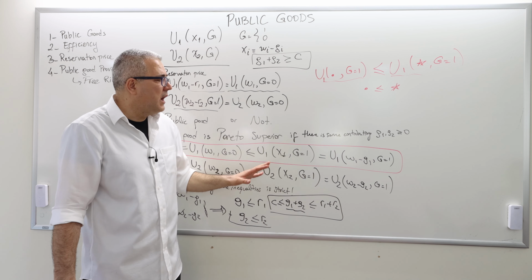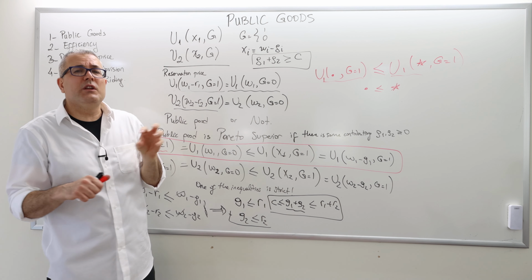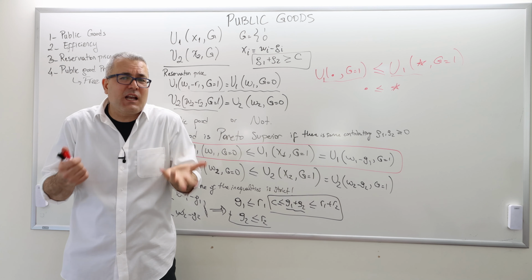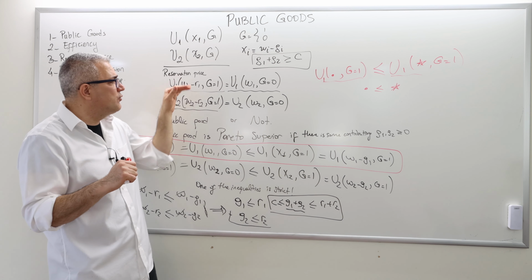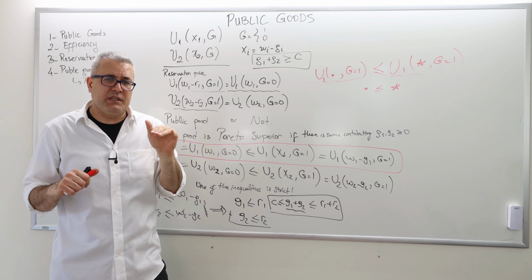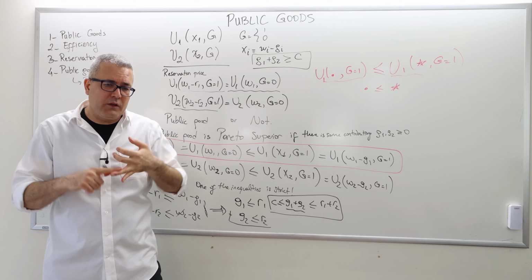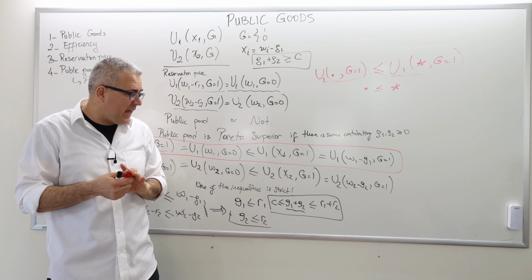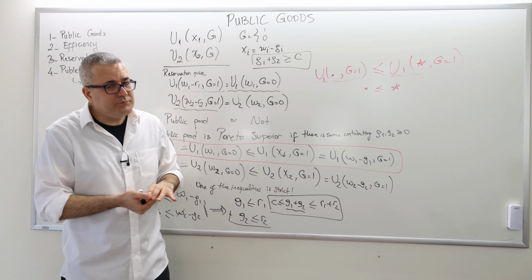Okay? So, in this very simple framework, what are the utility functions? What is the specific utility? I mean, is it like a Cobb-Douglas kind of utility function? I didn't say anything. All I said is that the utility functions are increasing. All right? So both private consumption and the public good give more utility to the agents. So if this is the case, well then, regardless of how much wealth they have,